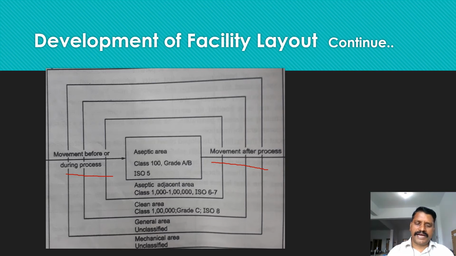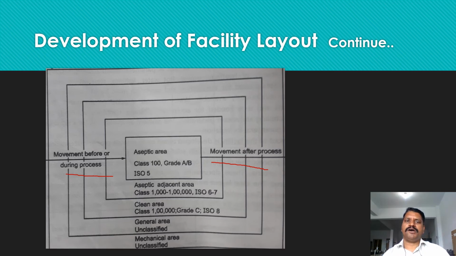The ceiling, wall and floor in the aseptic area must be sealed so that they may be washed and sanitized with a disinfectant. Sanitation with a disinfectant is very important, because these are parenteral dosage forms. They should be free from pyrogen, free from foreign visible particles, sterile, and physically and chemically stable. Therefore, we have to take such precautions.